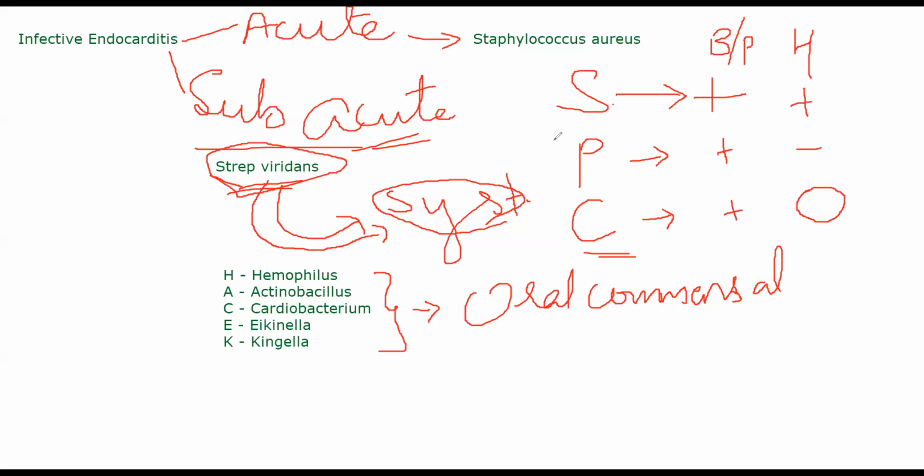Okay, now coming to predisposing conditions, there are three main factors which will predispose to development of infective endocarditis. Predisposing conditions will be those conditions which will make a person more susceptible to that kind of damage or that kind of disease. Okay, so the first one will be